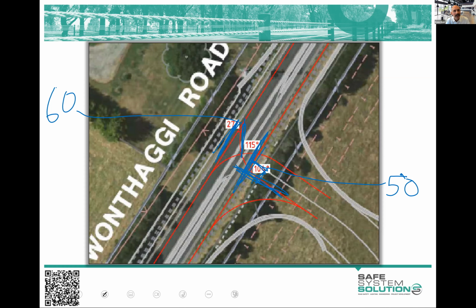And you'll be having to do this as a safe system assessor. You're having to be thinking, okay, that crash could happen. So what's the angle that they'll crash at? And what vehicles will be involved? And under these threshold speeds, what speeds are we thinking this might happen at?